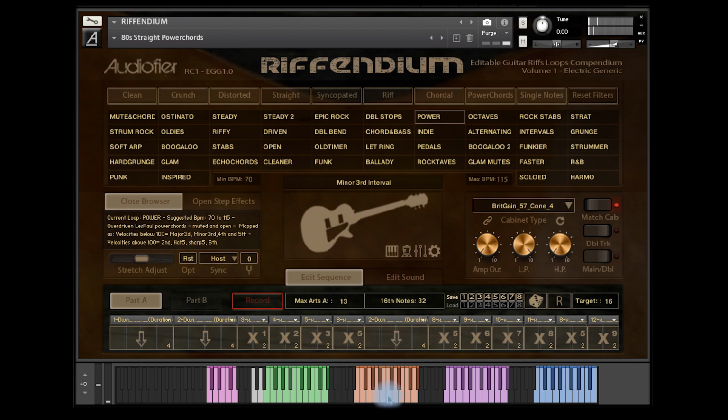If I press over 100, I have an augmented fourth. Then in this violet area, I have a fourth, then sharp 5, and then here I have a fifth, and over 100, a sixth. So I could do things like